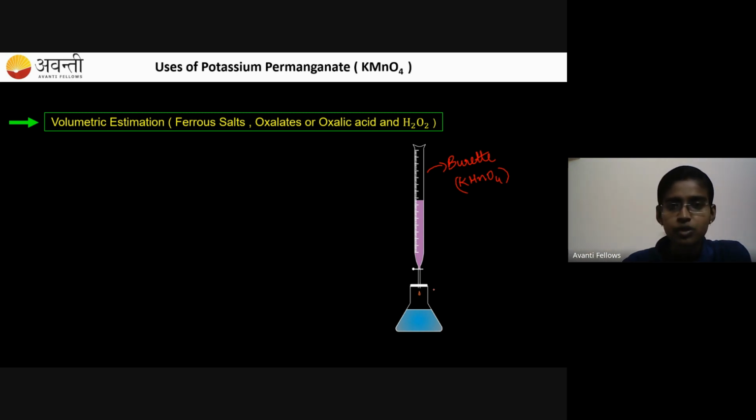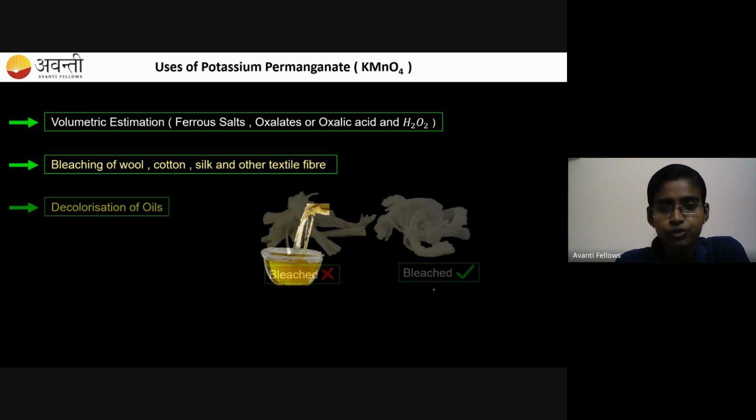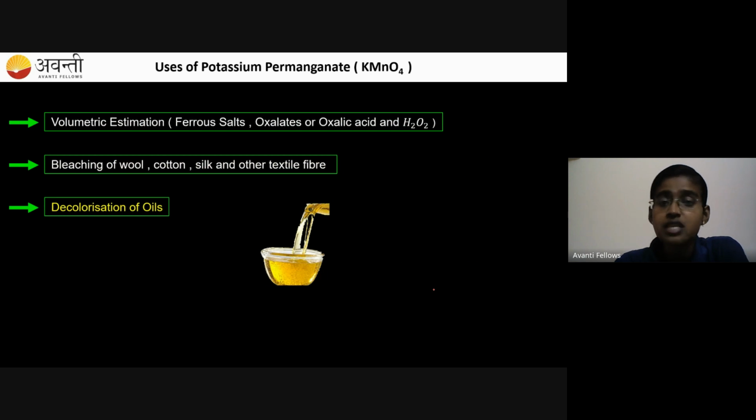So KMnO4 is used in volumetric estimation, and it is used in the bleaching of wool, cotton, silk, and other textile fibers. You can see it for bleaching purposes. By doing the bleaching, the color of the cloth changes, no? Color of the fiber changes. So for bleaching purposes, they are using KMnO4. And for decolorization of oils,